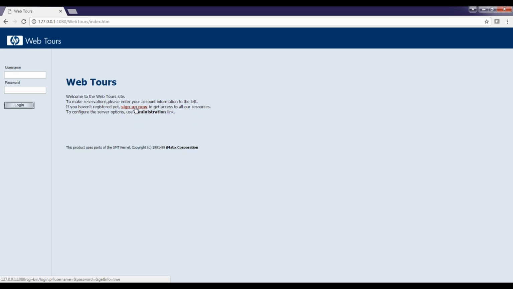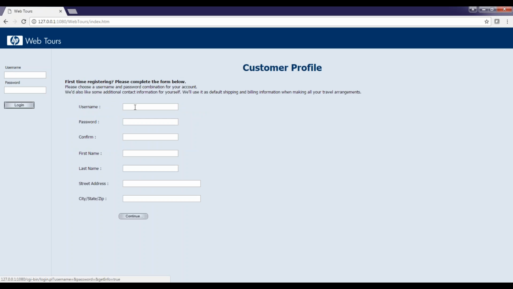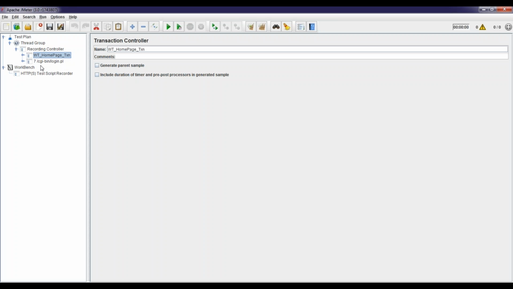After the home page, I'm going to click on a button called sign up now. So let me click on sign up now and I'll go back again to JMeter. So once I click on sign up,